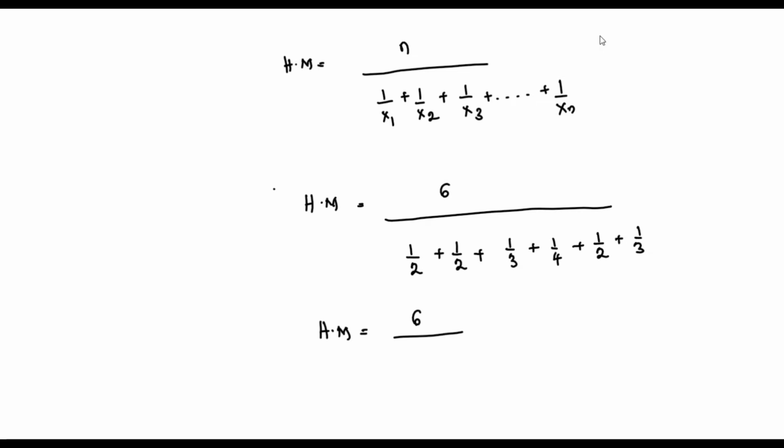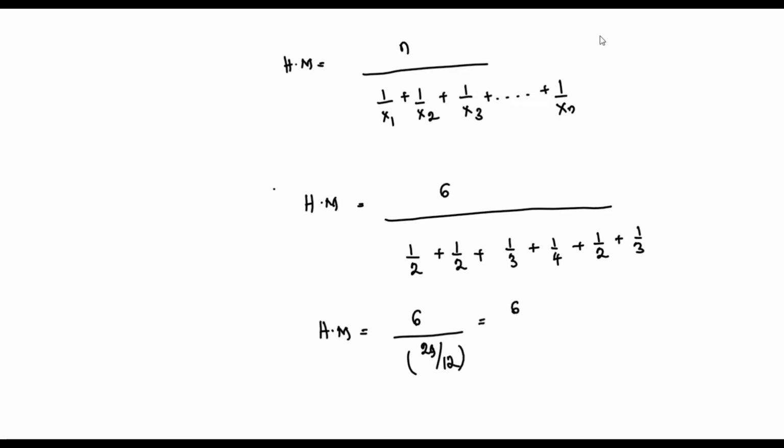So we have 1 over 2 plus 1 over 2 plus 1 over 3 rather, plus 1 over 4 plus 1 over 2 plus 1 over 3. And the answer we got is actually 29 divided by 12. So this is the same thing as saying 6 divided by